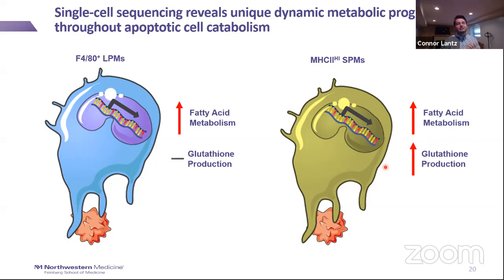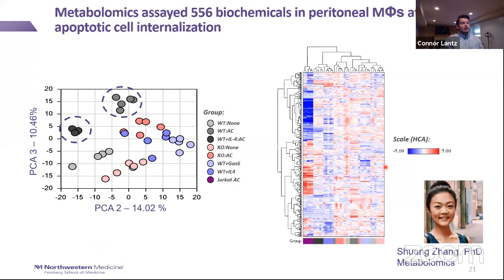But one of the big caveats is that we're just looking at mRNA expression, just the transcriptome. And it would be nice to be able to tie this to some type of functional output. And so luckily, Shuang, before she left, performed this metabolomics assay where she had a bunch of her different groups that she was interested in. But I lucked out in that she had two conditions where she had wild-type peritoneal macrophages and peritoneal macrophages co-cultivated with apoptotic cells that she did perform this analysis.